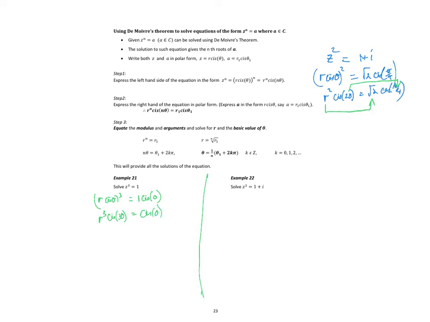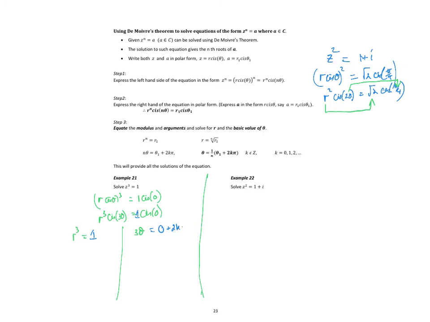So now we equate expressions. The number in front of cis is 1, so r cubed has to equal 1. And the angles have to be the same: 3 theta has to equal 0